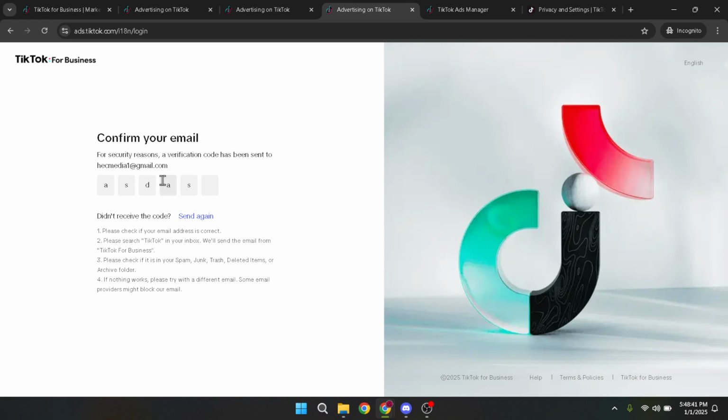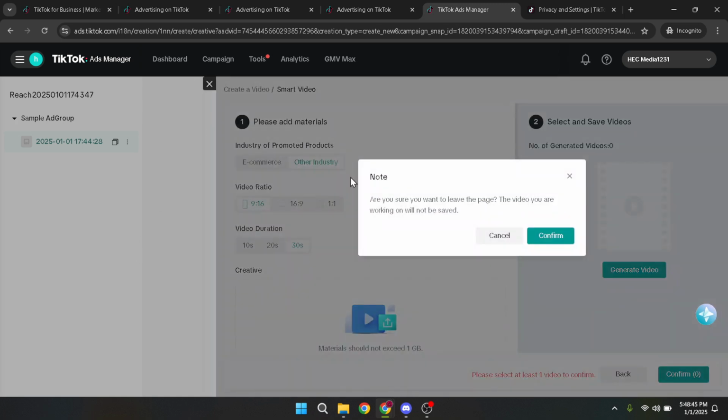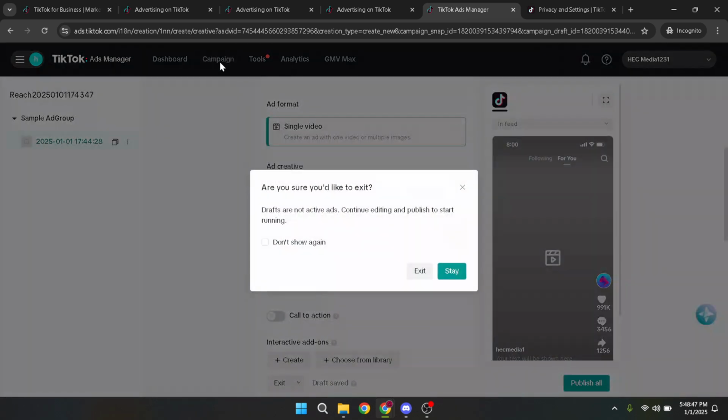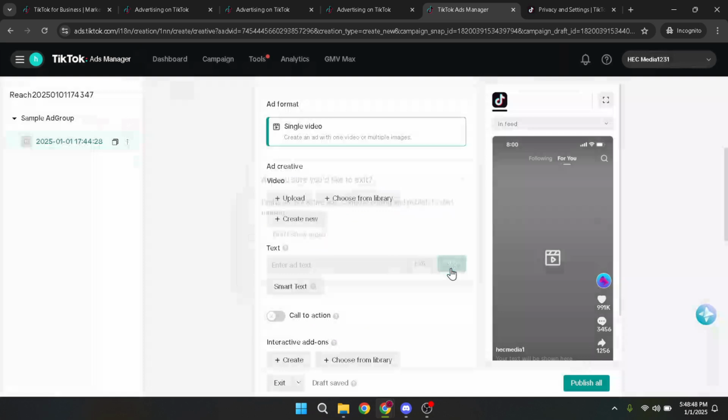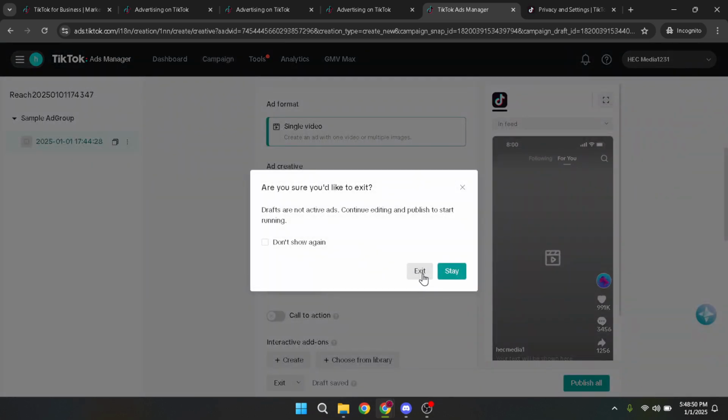Once logged in, you're ready to navigate to the heart of today's task. Find the Campaigns tab. Here you'll see a list of your campaigns displayed. It's a good time to double check that you're about to delete the right campaign. Sometimes, with the hustle and bustle of digital marketing, it's easy to click too quickly. So take a moment here to ensure everything is as it should be.